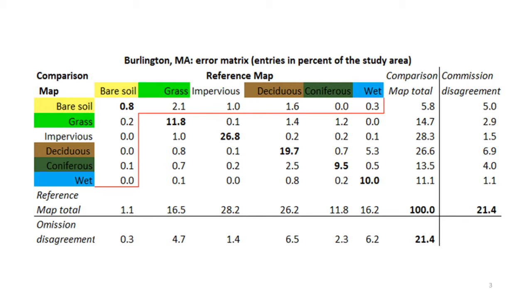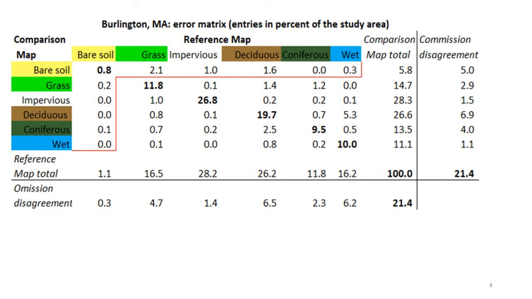The top row shows off-diagonal entries that are commission of Bell-Sawyer and omission of non-Bell-Sawyer categories. In this confusion matrix, the entry for omission of gross is larger than the entry for omission of wet, which begs the question, is this simply because the reference domain has more gross than wet, or is this because the omission of gross is more intense than the omission of wet when Bell-Sawyer is committed? Intensity analysis can answer this question in detail.